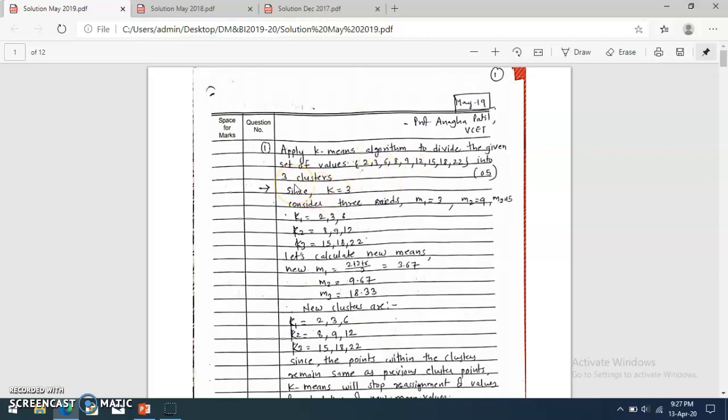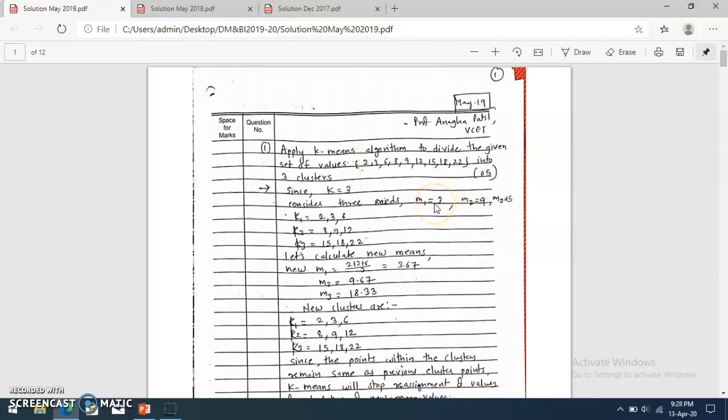The number of clusters to be formed is given as 3, that is K is equal to 3. Since K is equal to 3, we need to have 3 partitions. There are 2 methods to go for this. Either you can go for the partitions and then find out the mean, or you can assume the means from one of the data points present in the set of values provided in the question, and go ahead.